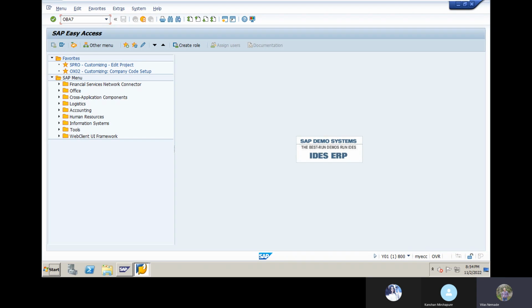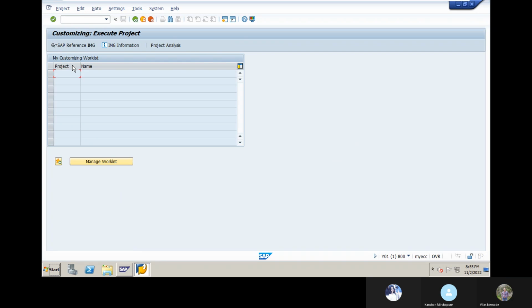T code is OBA7. ये हमने पहले भी लिखा हुआ है. कब लिखा हुआ है? जर्नल वाउचर का डॉक्यूमेंट बनाने के लिए हमने सेम टी कोड लिखा हुआ है और पाथ भी हमने लिखा हुआ है। तो पाथ क्या है उसका? SPRO, SPRO, SAP Reference IMG,